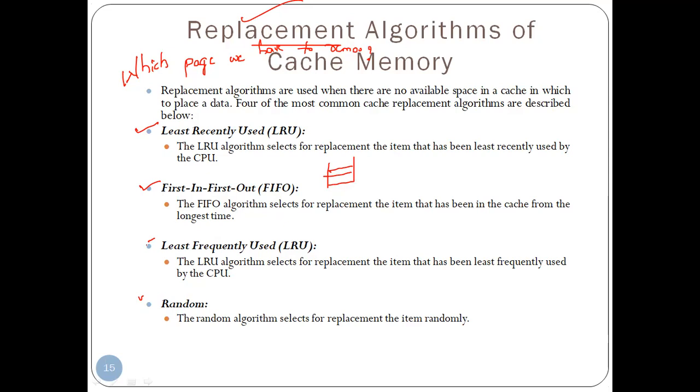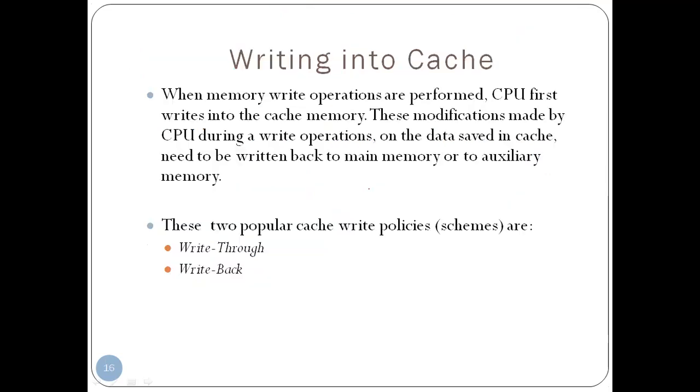So these we call page replacement algorithms of cache memory. The first is LRU, FIFO, and LFU. Here in the slide it is a mistake. So this is LFU, least frequently used, least recently used, and FIFO. There is a lot of difference between recently and frequently. Recently means just now; frequently means among the frequent instructions, what is the least priority you are giving. So that is the difference you will come across between least recently used and least frequently used.